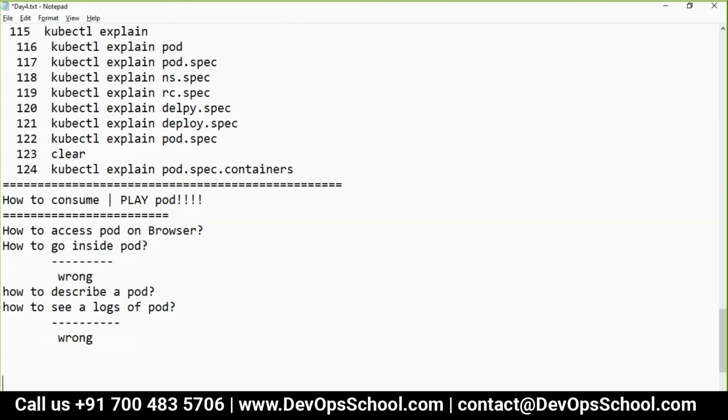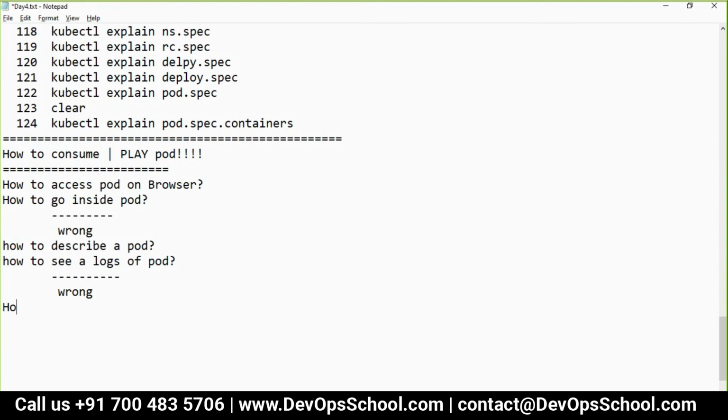You will understand yourself. Okay, how to see the log of a pod. How to copy a file inside a pod. Wrong statement, still I'm using it.